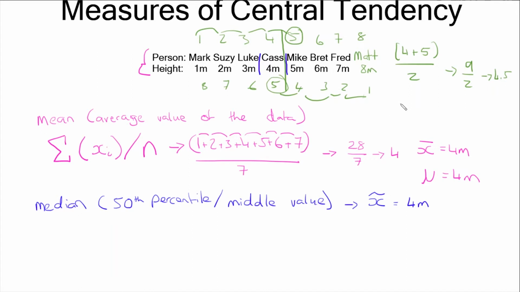And in this case, we would say that our median is equal to 4.5 meters. This is because the middle value, or the 50th percentile, doesn't exist. If you took Cas, you have 4 values to the right and 3 values to the left of Cas, so this can't be the middle value. Neither can Mike. You have the same problem, except in the opposite order. So the middle value isn't there, so you need to make one. And the middle value would be the equal distance between Cas and Mike, which is the